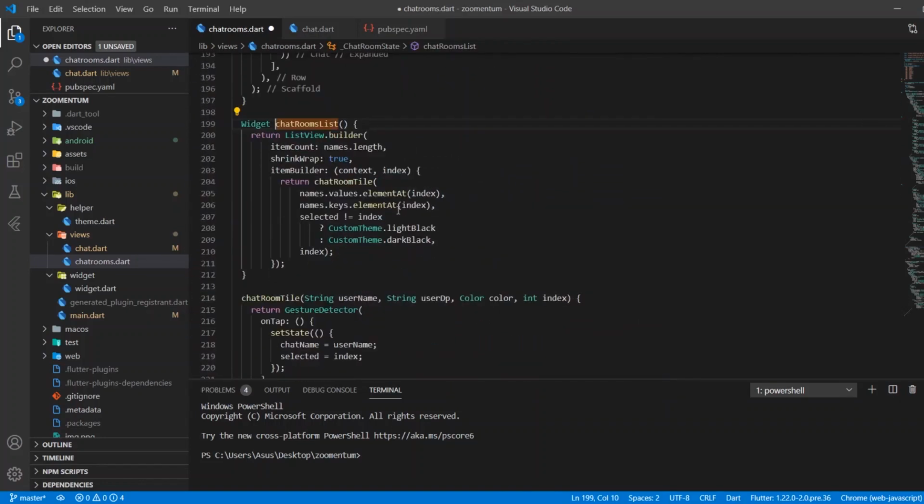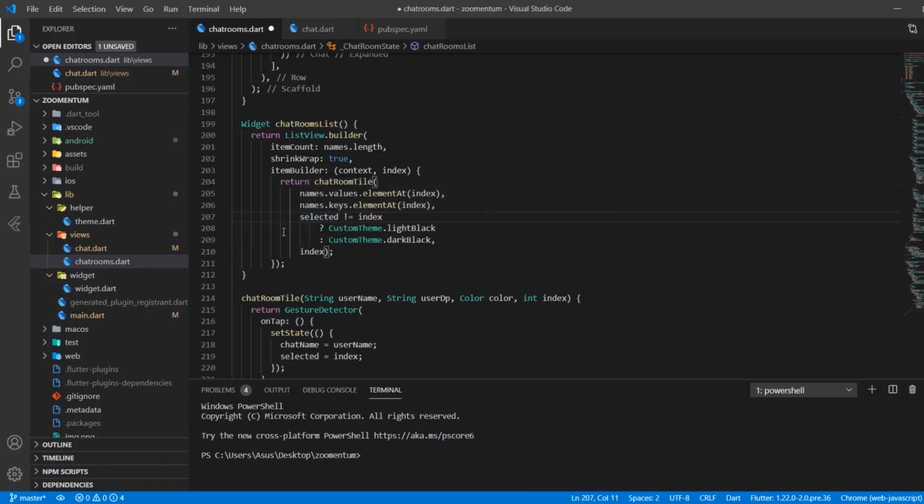We have the chat room list view builder, names.length, and shrink wrap true, and we are returning a chat room type: names.values.elementAt(index), names.keys.elementAt(index). I don't think all this makes sense to you, so I'll show you the chat room type first, and I'll tell you what is happening here.